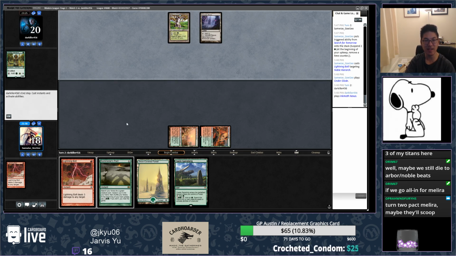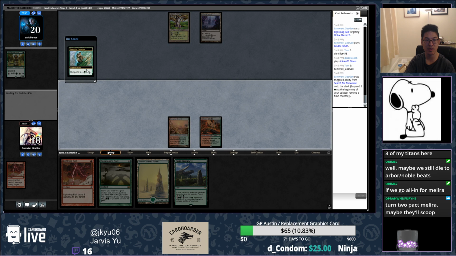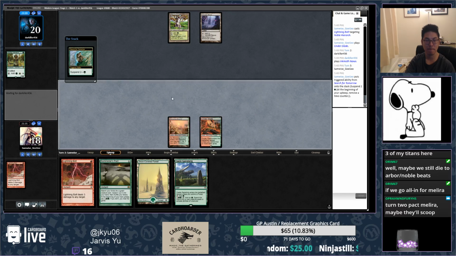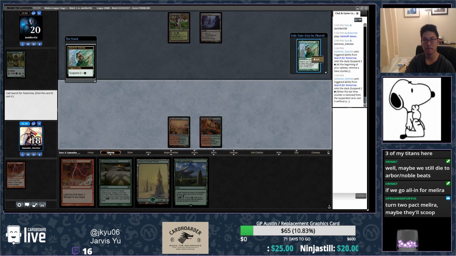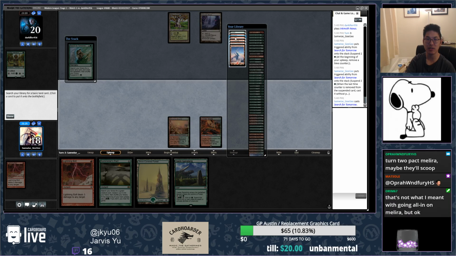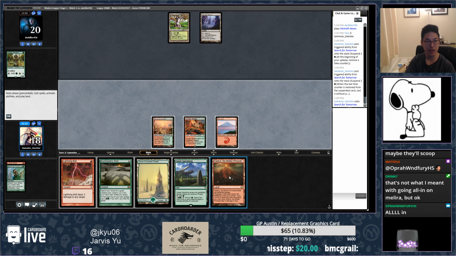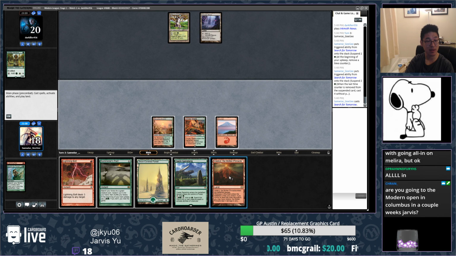Probably don't want to do that, all things considered. They don't have blue mana, which is kind of nice. Just gonna get a mountain. I think I'm supposed to get actual mountain. Guess Valakut Go is probably good. I could Pact for Melira. Doesn't seem great, actually, but...